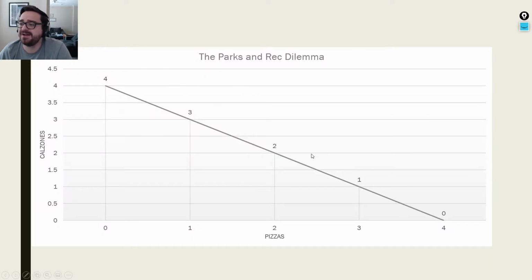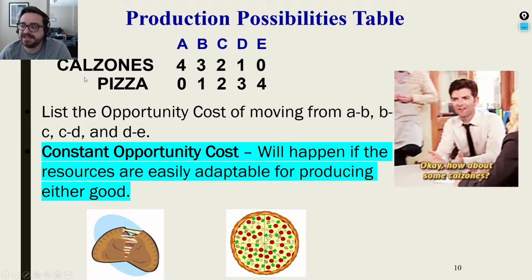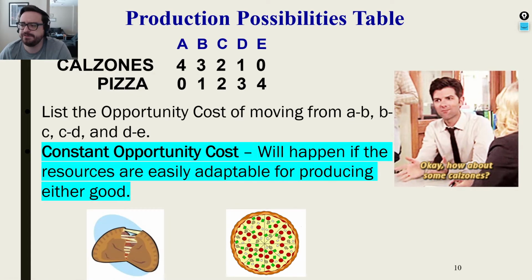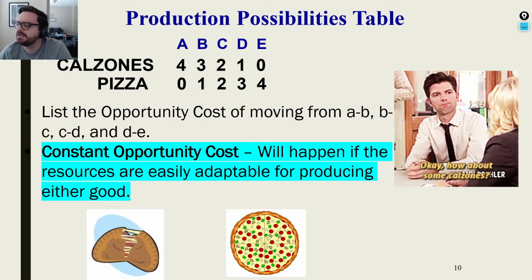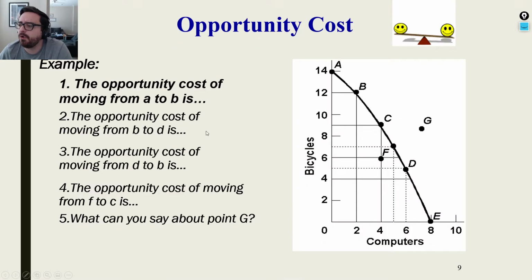So you're going to see these graphs in one of two ways. Either a constant slope PPC like this, which happens again if you've got two goods that have very easily adaptable resources, two goods that are made from basically the same thing. Usually food is the most obvious example here. Tacos and burritos are made from the same stuff, so that's pretty easy. Or you could see a bowed out